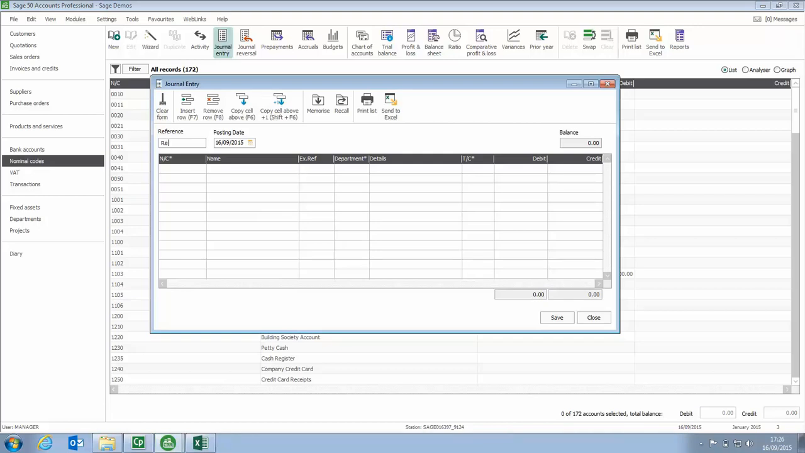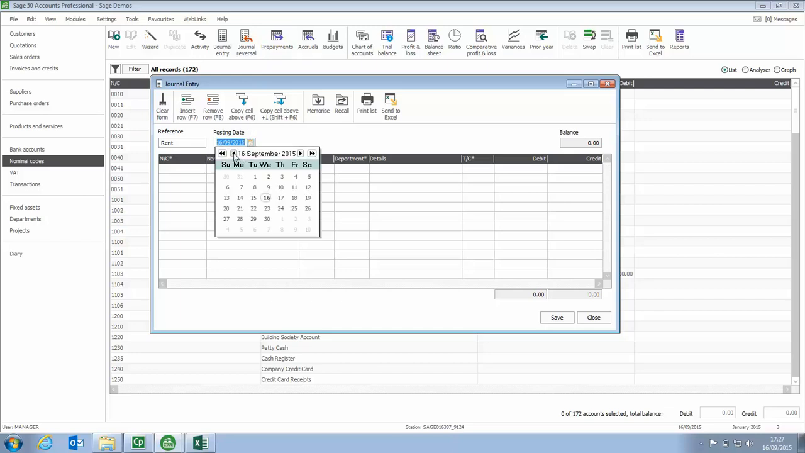So we enter a reference, let's say rent, and we need to post the adjustment to the first period to which the expense relates. So in this case, the rent covered January, February and March. So we'll just date that back to January,